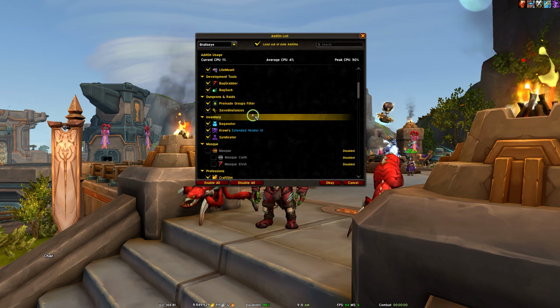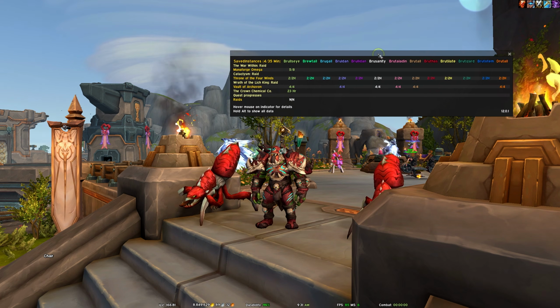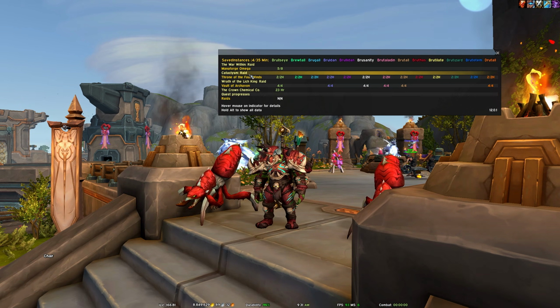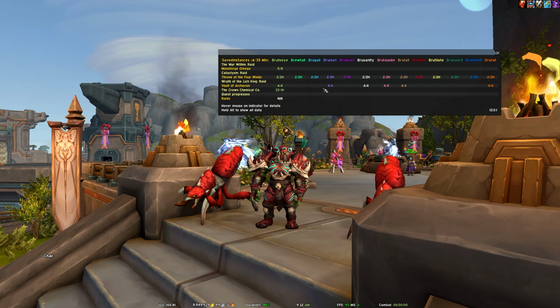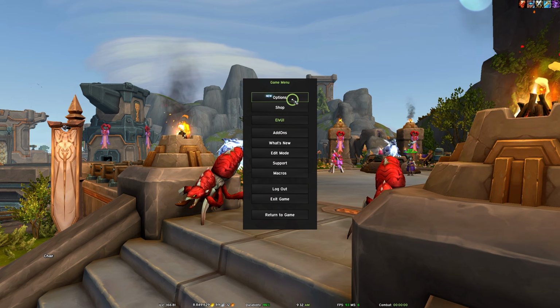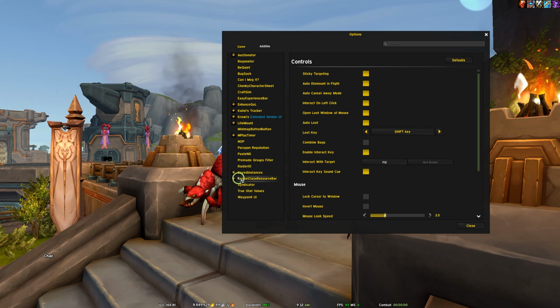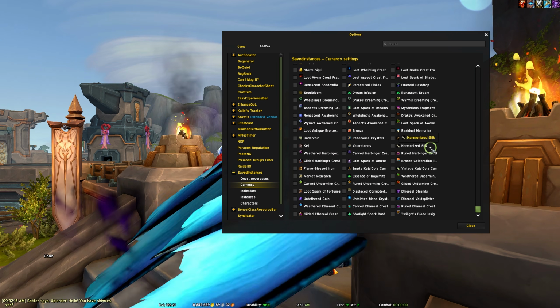Saved Instances is an oldie but a goldie for me. Right now, I'm not really displaying much, but at the moment, I can see all of the raids and the dungeons and the weeklies and the dailies and so on. There's a lot that it tracks, and I've used this add-on for a very, very long time. But right now, I just don't have any currencies tracked.